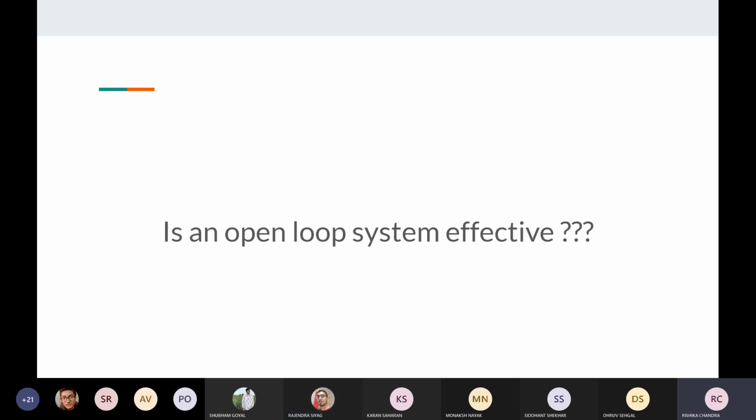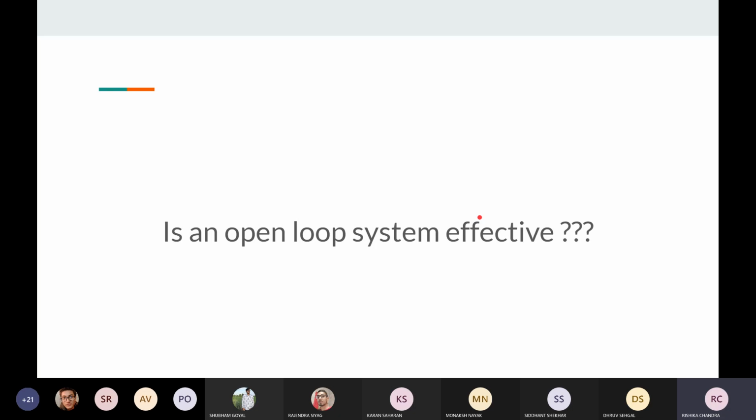See, the thing with an open loop system is that the output has no effect on the control action of the input signal. The output of the whole system is blindly dependent on the input. So if there's some error or some drift in the input, it will make an error in the output and it cannot self-correct it, right? We don't know whether the output is right or wrong, so we can't self-correct it. Okay, got this? Yes, ma'am. So that's why we use a closed loop control system.